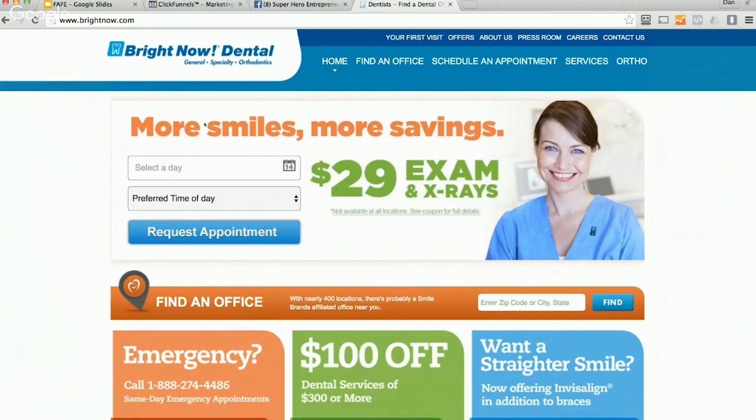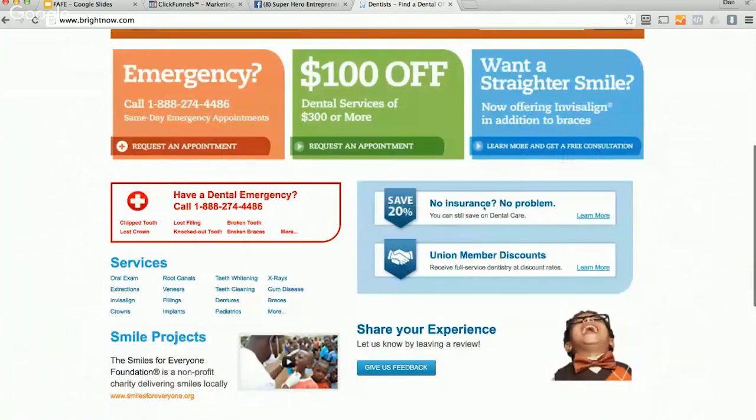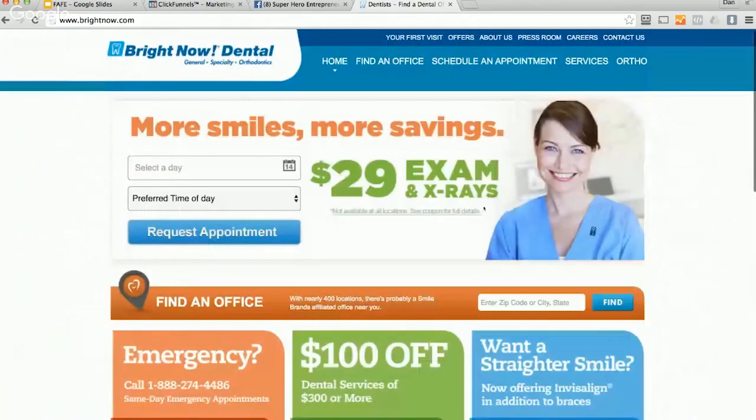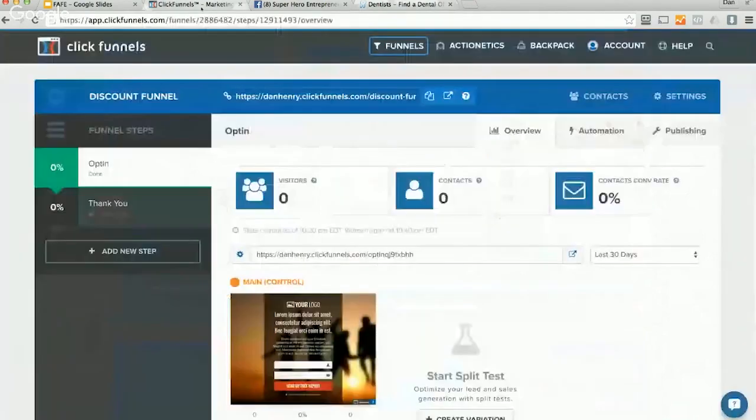But here's a quick way to create this. So we go to their website. Now, what we're looking for here is something, because I know who Bright Now Dental is. I live in Spring Hill, Florida. So I kind of know who they are, or at least if I saw the outside of their building I would recognize my town, I would recognize my city, and that's super, super important